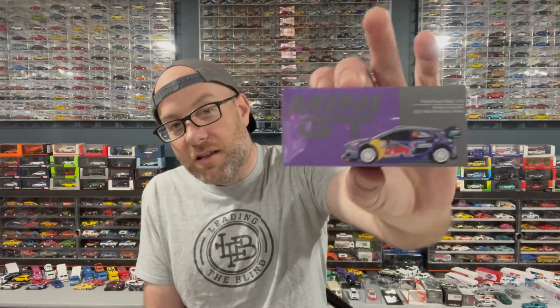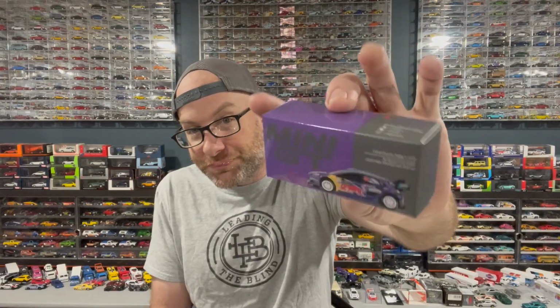Man, does this thing look clean. So there's that to look forward to. We got the Ford Puma Rally number 19. This thing looks awesome. I was super stoked when this was announced, just because it's a rally car, it's got all that livery, and it's just a really cool thing. And then we got the